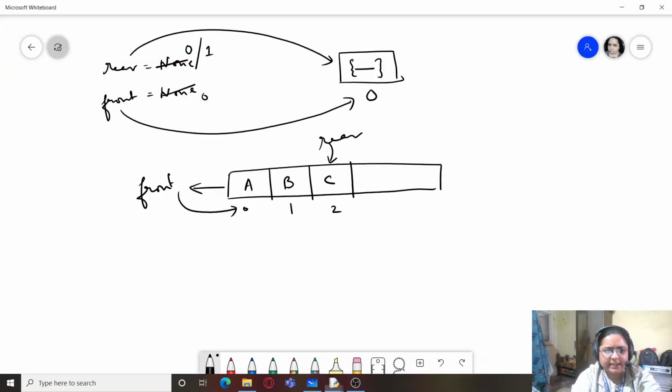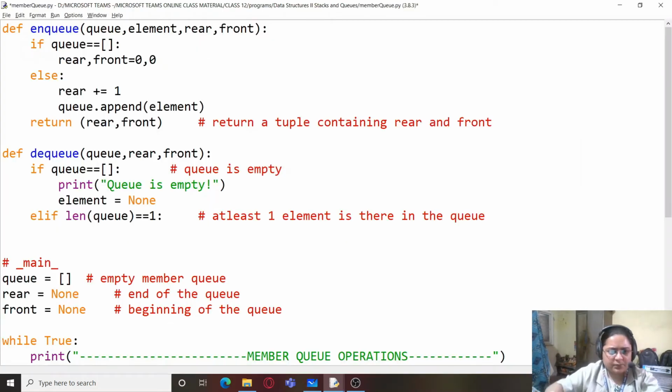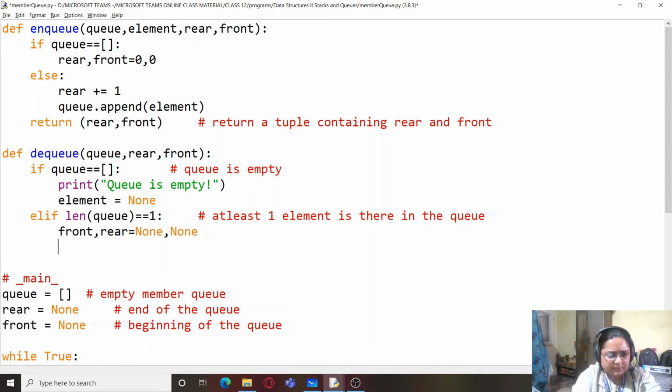At least one element is there in the queue. That means if I delete that one element, it shows that there is only one element A or any element, and that is itself the front as well as the rear. So if I delete this element from the queue, then both front and rear should be reset back to none. So for this purpose I am going to write front comma rear equals none. You can also write it in this way, front equals rear equals none.